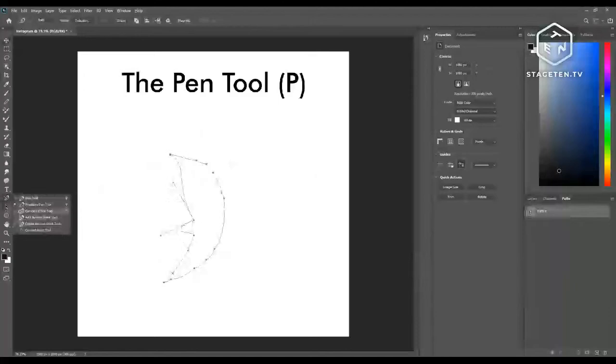Rest are just the different versions which we get activated using the control and alt key. So if you see this convert point tool, this gets activated when we press the alt key, right? So that is pretty much it about the pen tool,